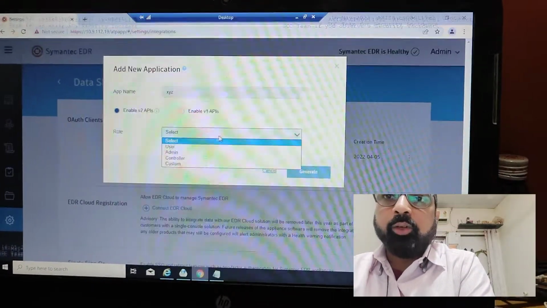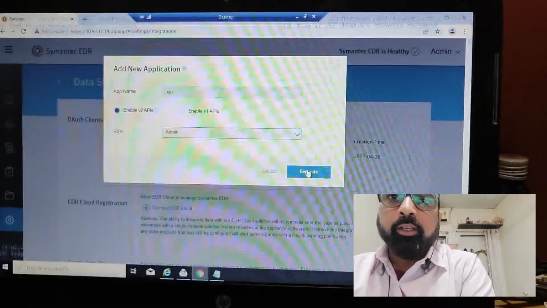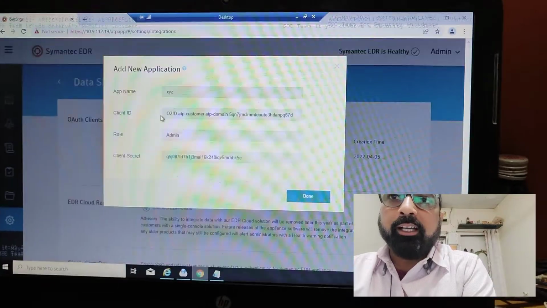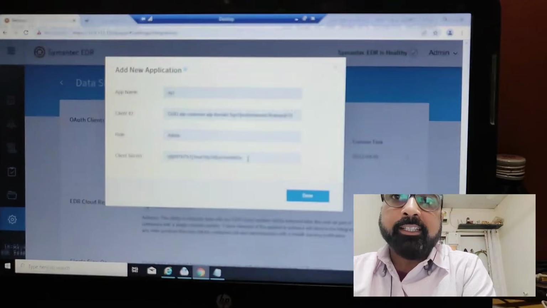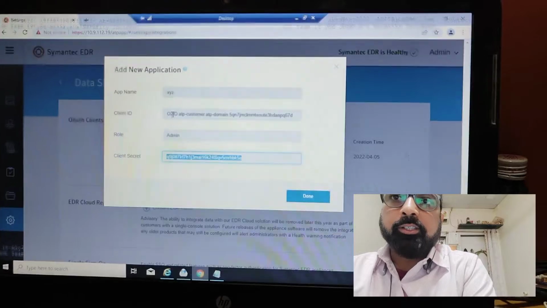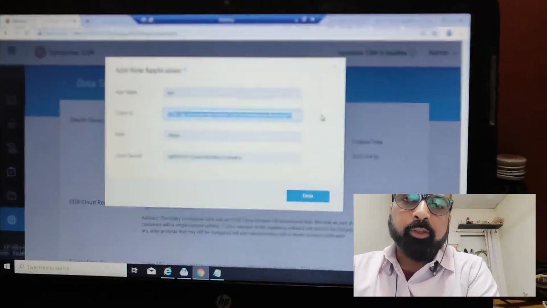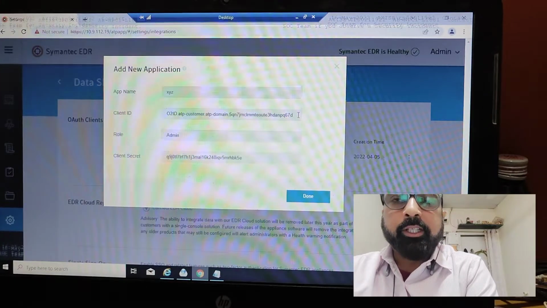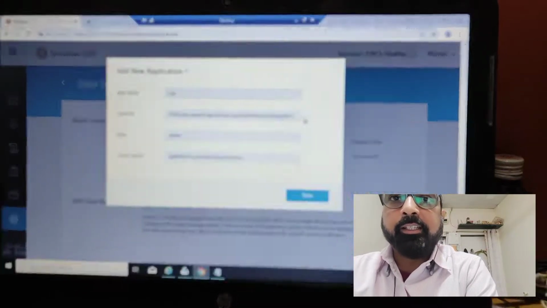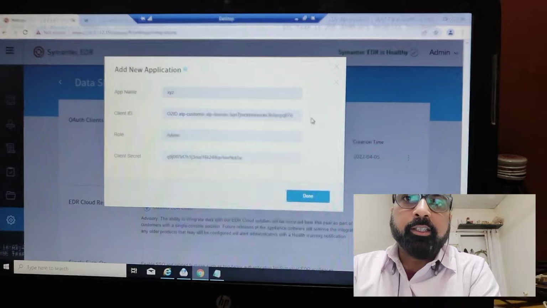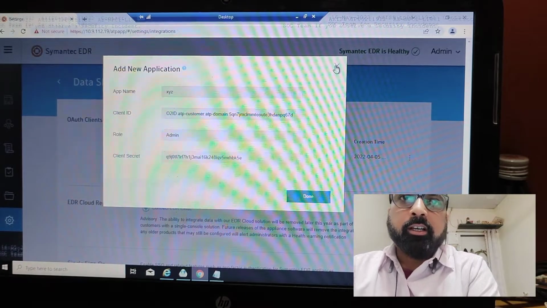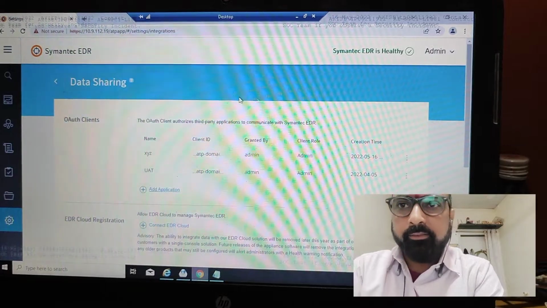You can select the role user, admin login. You can create a client ID, authentication code and client secret ID. Both are given to the application owner. The application owner enters these credential IDs in the application and enrolls this application with our Symantec EDR.